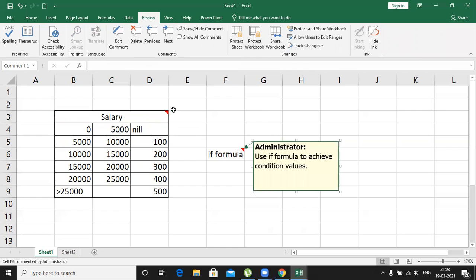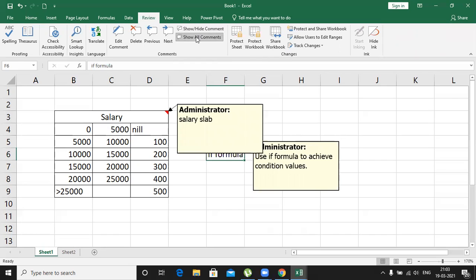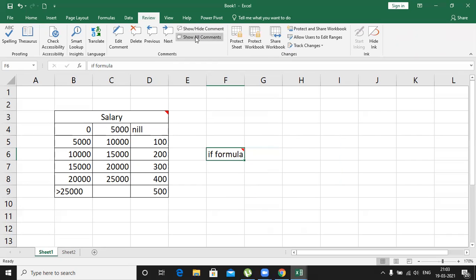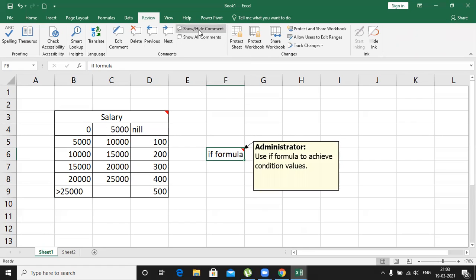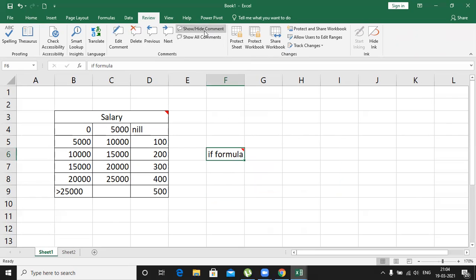Next, if I want to display all comments, click Show All Comments to display them in the worksheet. Again, if you don't like it, click the same option to hide the comments. One more option we have is show and hide comment. If the cursor is placed, it will show; if the cursor is not placed, it will not be displayed.